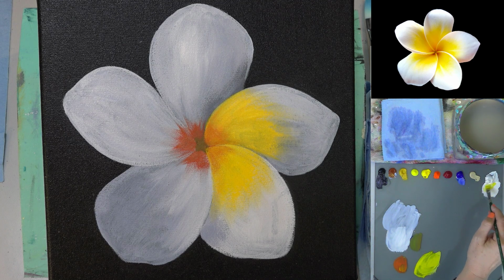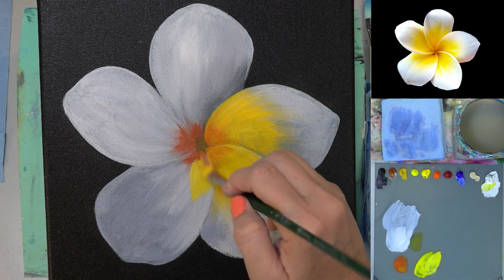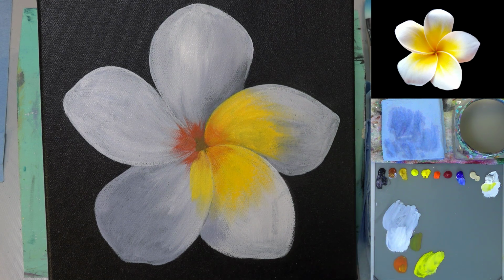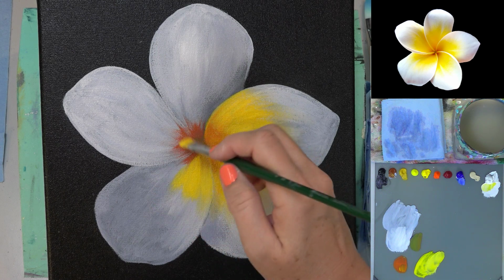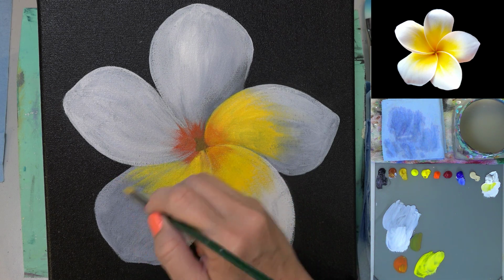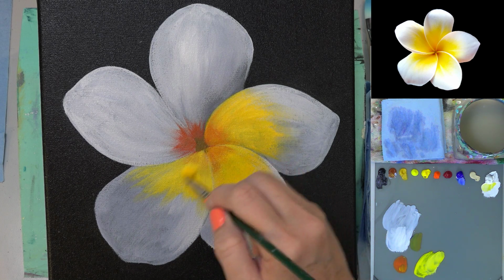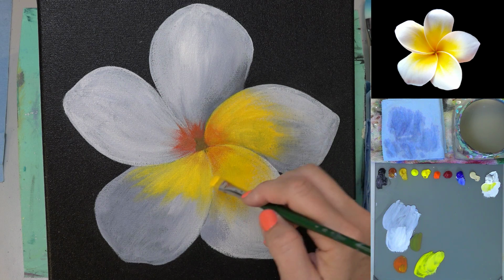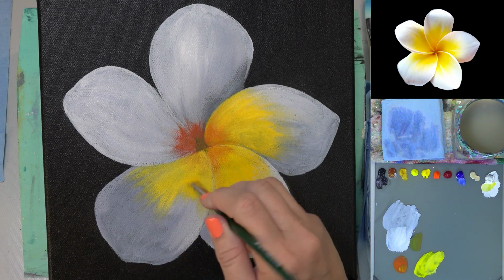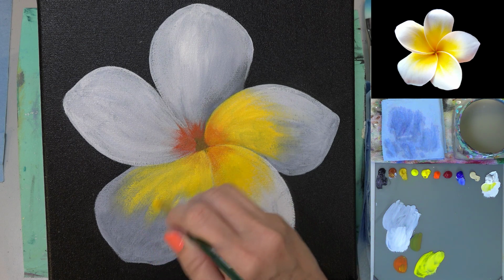I had a comment the other day about somebody saying that they're using a lot more paint than I do. And that actually is a really common comment that I get, a real common complaint that, you know, I put out very little paint, and when they go to paint it themselves, they end up using 2 or 3 times the amount of paint that I use in my videos. And basically the key, there's a couple of different reasons that would happen. So one would be if I were to try to go into this gray and cover it up before it's dry, or if I continued to blend in one area here and tried to get it just perfect the first time that I add color on the first layer, what will happen is the paint starts to get sticky as it dries, and then it will